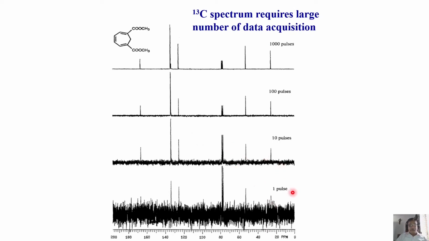If I send only one pulse and collect the signal, this is the NMR spectrum, carbon-13 spectrum of this molecule. What can you make out of this if I give you the spectrum? It is very difficult, right? So I look at the spectrum with a single pulse, sending one radio frequency pulse. If I collect the carbon-13 spectrum, it looks so noisy. It is very difficult to get any meaningful picture out of this. What can you get out of this? Look at this, many peaks are not even visible.